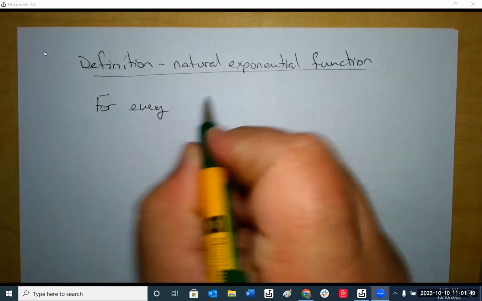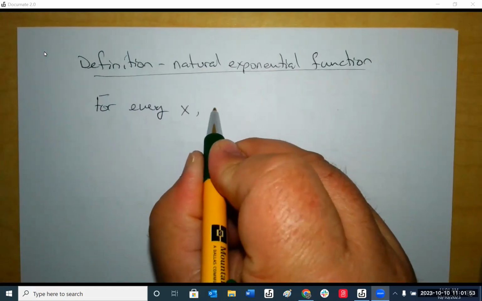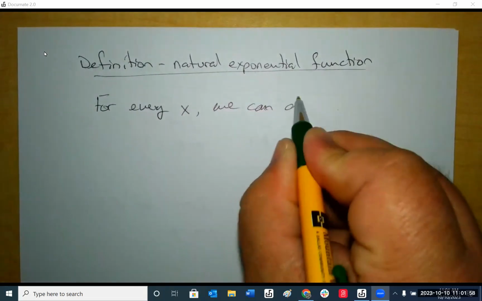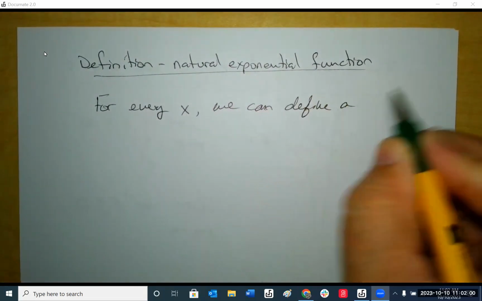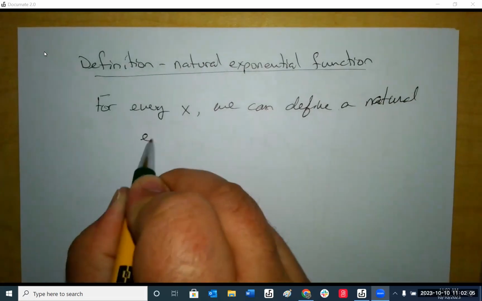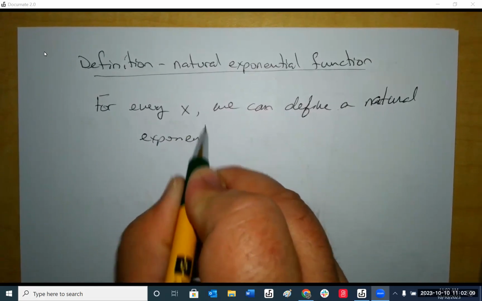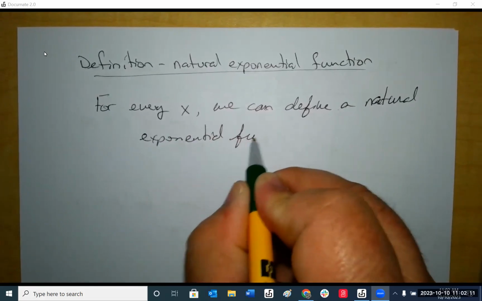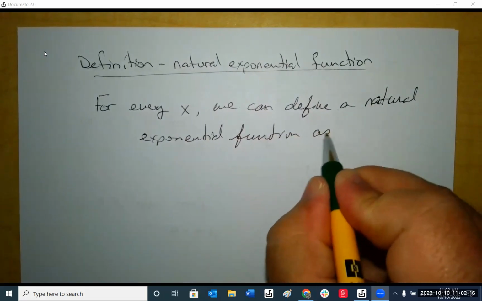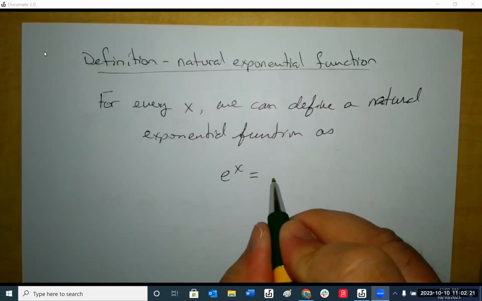For every x, we can define a natural exponential function as e to the power x, and we could write it as